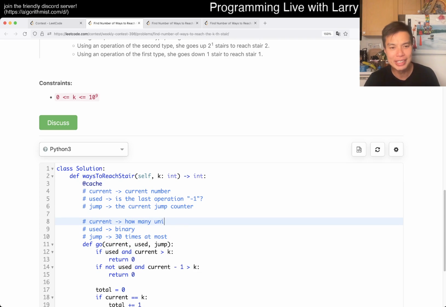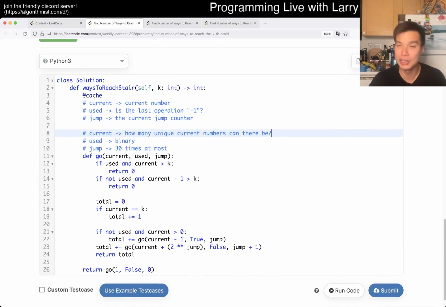So then the question is, how many unique current numbers can there be, right? And that is really a good question. I don't really know initially, but we can figure it out, right? The idea here is that,